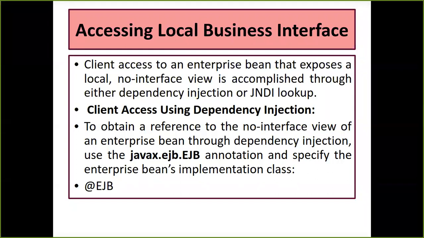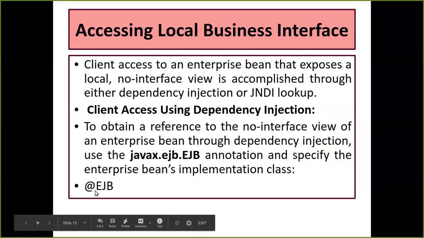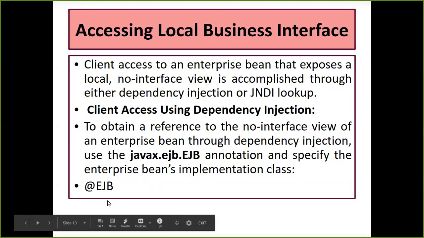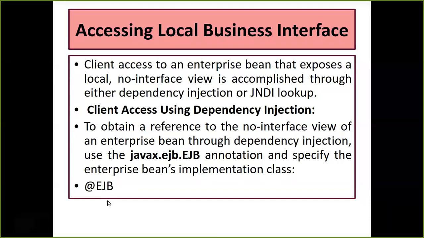So basically, it is going to have the dependency injection by making use of a package called javax.ejb.EJB annotation. So if you want to use dependency injection, in a program you can simply write @EJB, the way we have written it over here. And this annotation is going to come from a package called javax.ejb.*. Fine. So if you want to create a dependency injection for your container, you don't want to write JNDI lookup code in your program, the manual references, how the lookup is going to happen when we are trying to access an enterprise bean or a container.